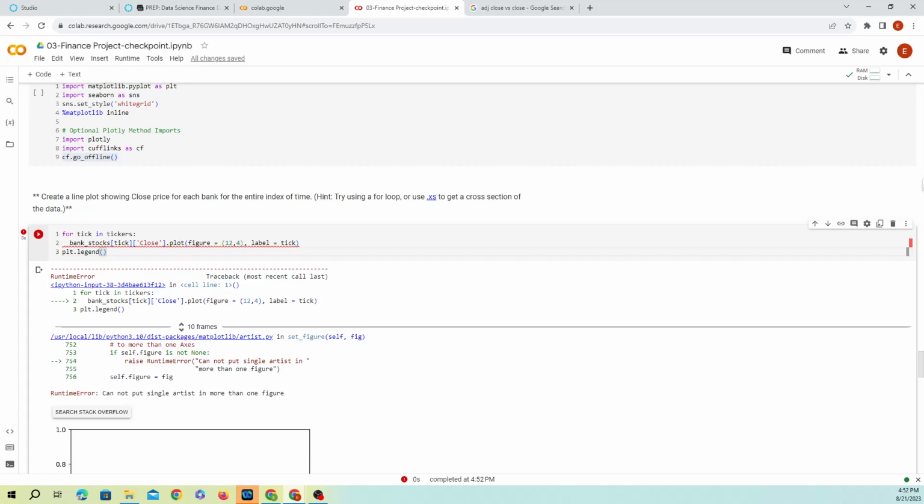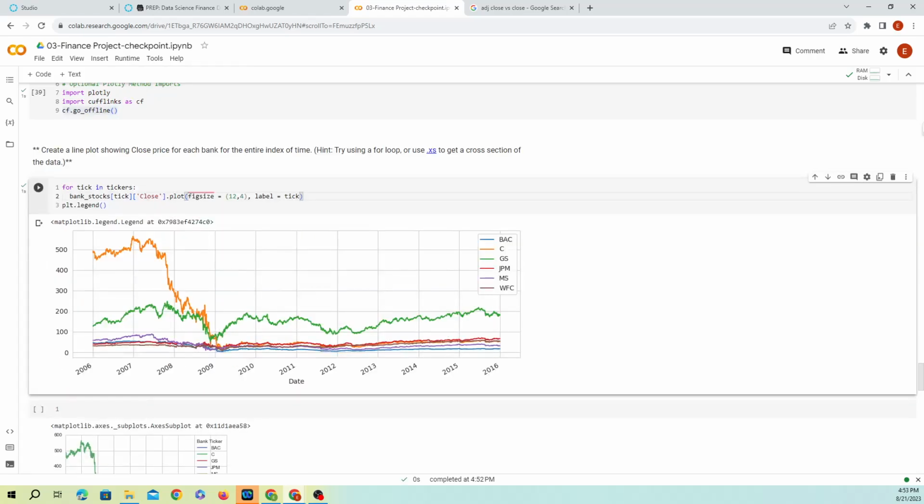There you go. And you can see that we can visualize the stock price for each of these banks. You can see that in 2008, we have Citigroup falling down, Goldman Sachs falling down. The other ones are too narrow to be able to see them, but they're also falling down.